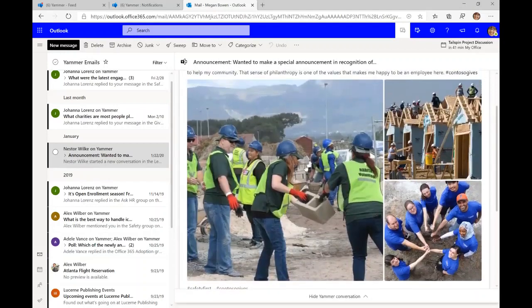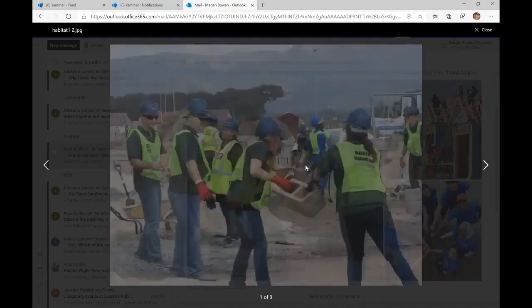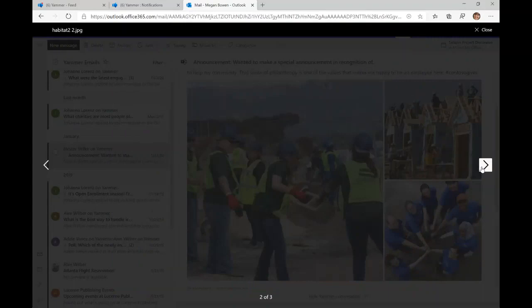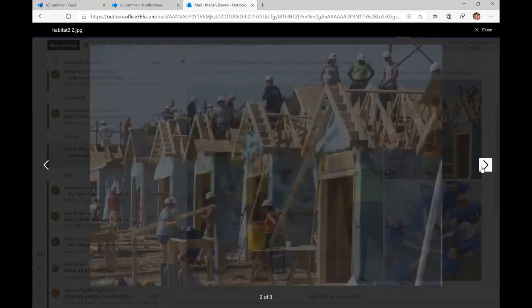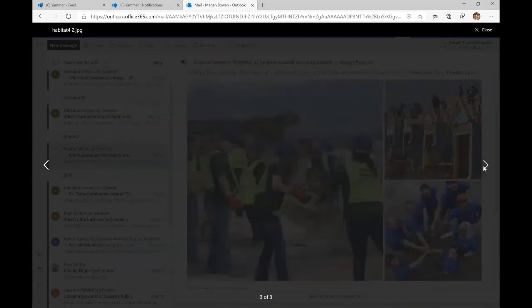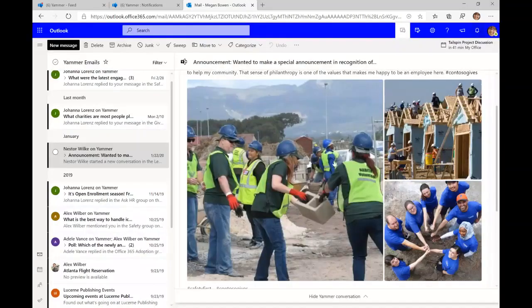And I can, since like Mike said, since this is based on Microsoft's Fluent design language, I can actually jump in to this specific collage of pictures and then go into a slideshow mode without having to leave my Outlook on the web or without having to leave my basic daily email triage flows. And I can go through these pictures. Seems like people had a great time. What Nestor is trying to picture here for this organization. And then I can close it.